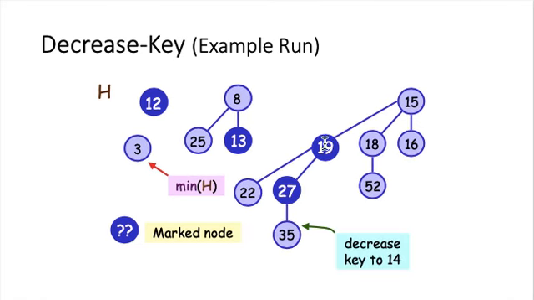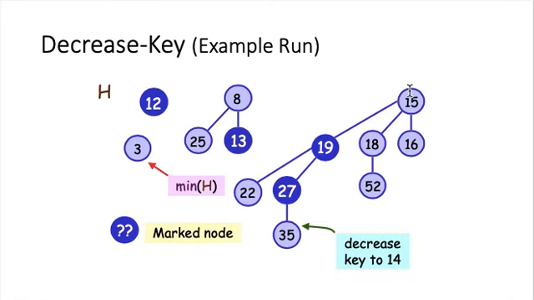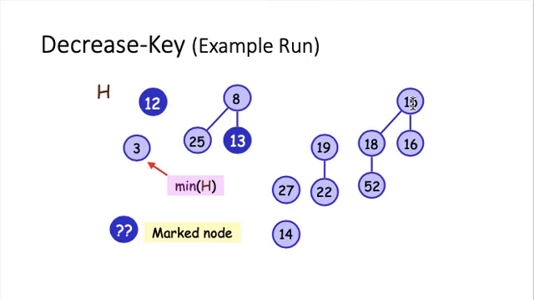And now this goes to this 19. This 19 now loses another child. It has lost a child before. So in that case, we will cut this edge and remove this from its parent. And then it's like this. And then this node 15 has now lost a child. So using our rule, we should have marked it. But here,